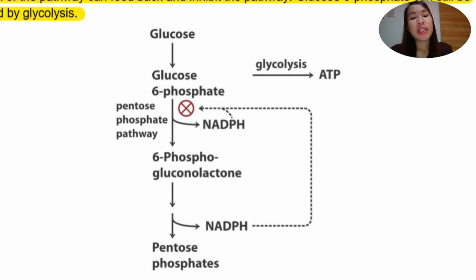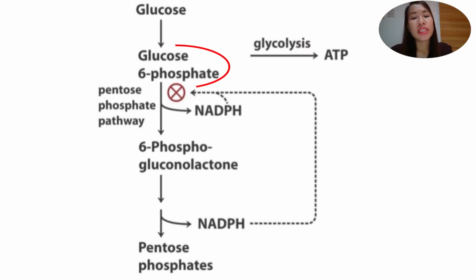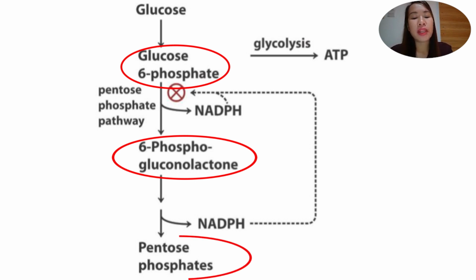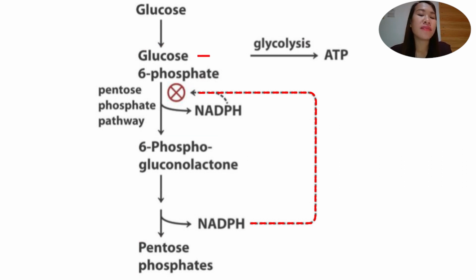So for example, in the oxidative phase, our glucose 6-phosphate will be converted into 6-phosphogluconolactone and later on will produce pentose phosphates. Now, once we produce NADPH, this will automatically send a signal in the pentose phosphate pathway that we already have enough NADPH. Therefore, yung glucose 6-phosphate can now be used for other pathways such as glycolysis to